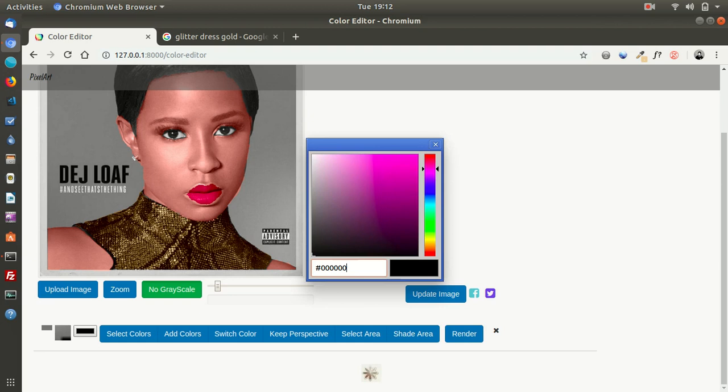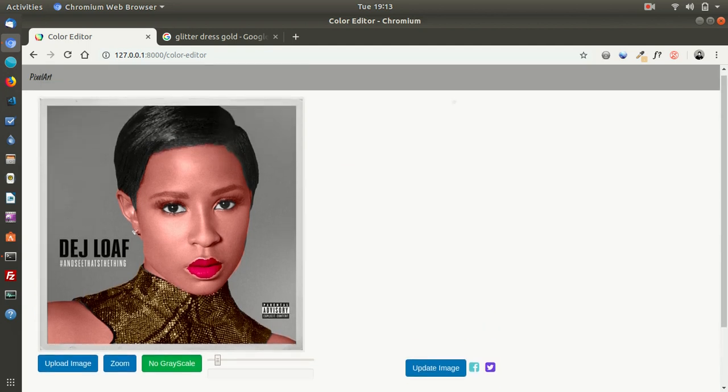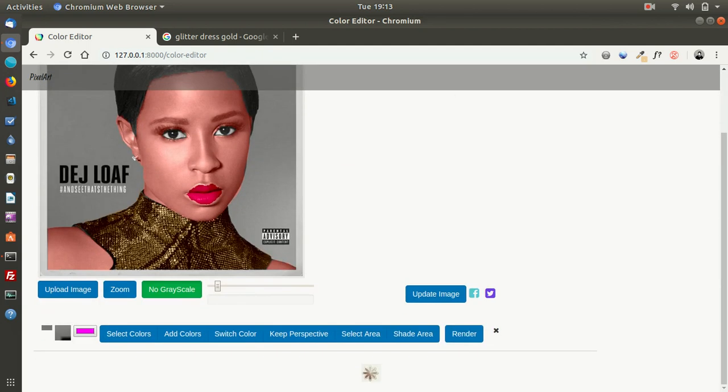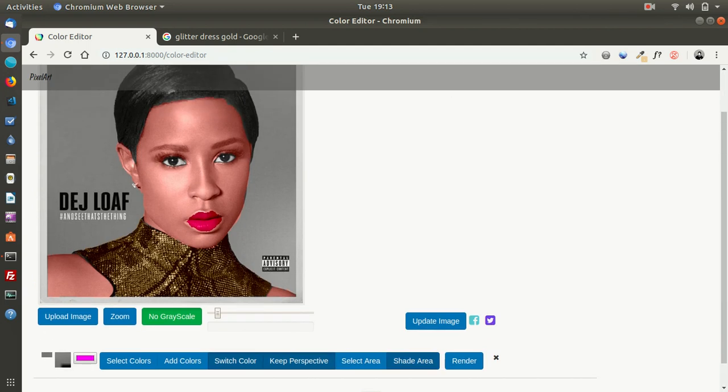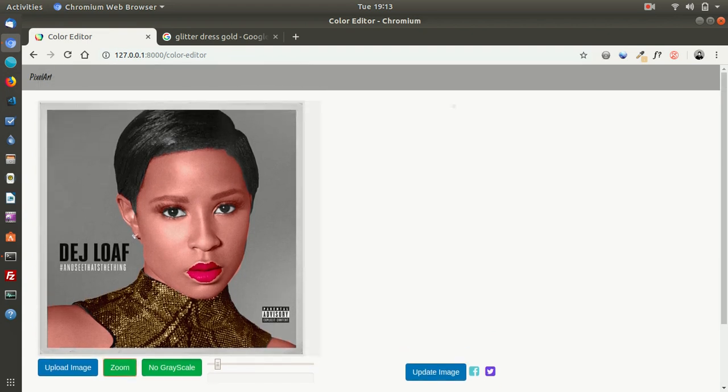So first is just also selecting the colors of what I'm going to be working with, and the color I'm going to replace it with, which is just going to be a shade of pink. Using this shade of pink and the area that I've selected, after using switch color and keeps perspective, I just need to shade the area that I'm interested in,